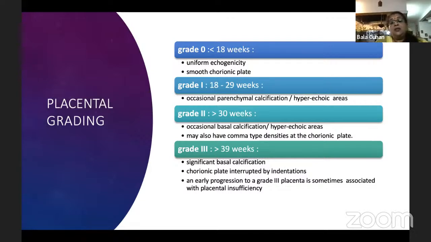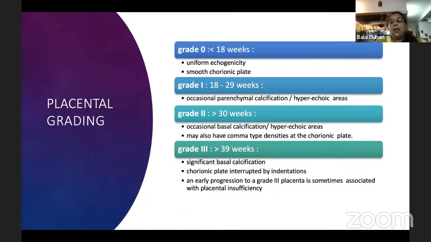Placental grading is usually done. Grade 0 placenta is usually less than 18 weeks, which shows uniform echogenicity and smooth chorionic plate. Between 18 and 29 weeks, we have the grade 1 placenta, with occasional parenchymal calcifications and hyperechoic areas. Grade 2 comes after 30 weeks,